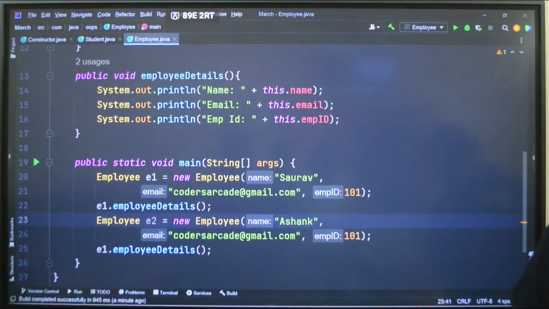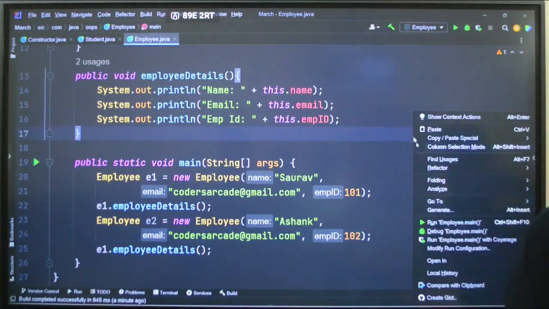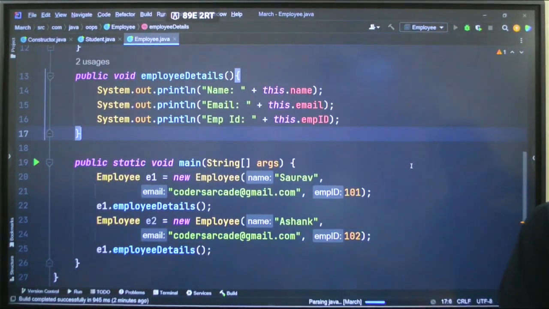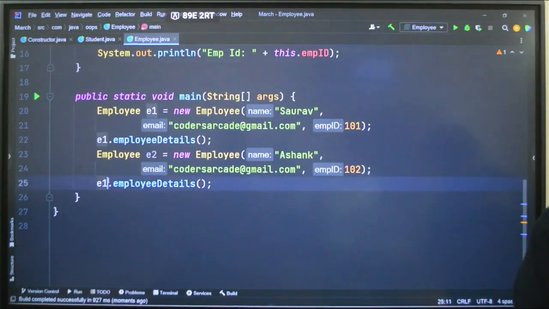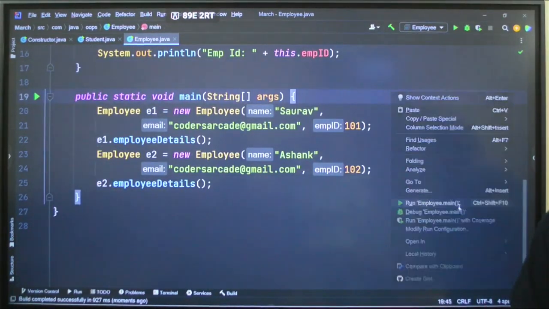Okay, and the email ID is same. Let me say the employee ID is 102. Now run this. Okay, sorry, I think I called E1 dot employee details. It should be E2 dot employee details.